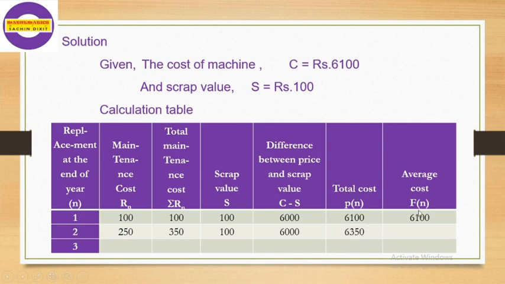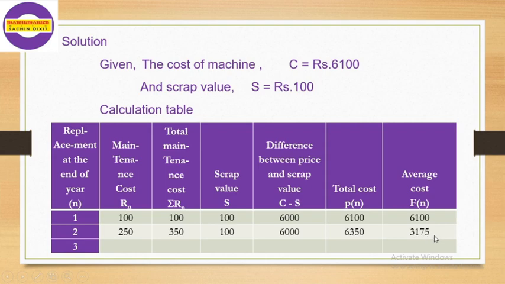Now we have to find out the average cost corresponding to this. This is the total cost. We have to divide this number by the year, that is n, because it is the second year. To find the average cost, we have to divide this 6,350 by 2, we get